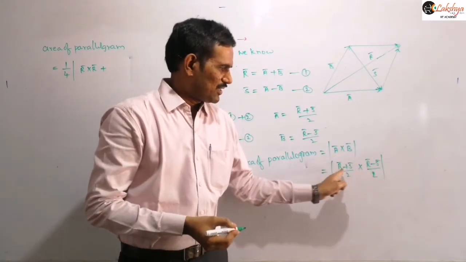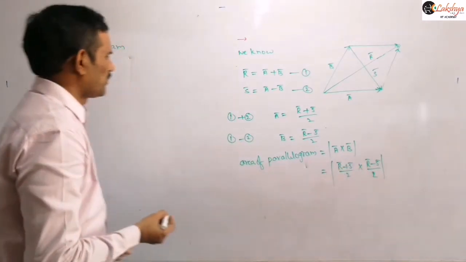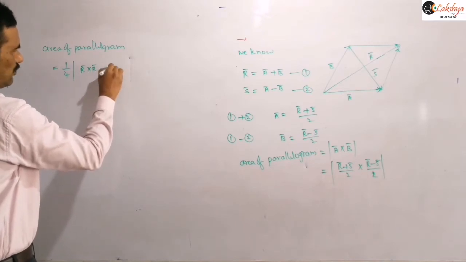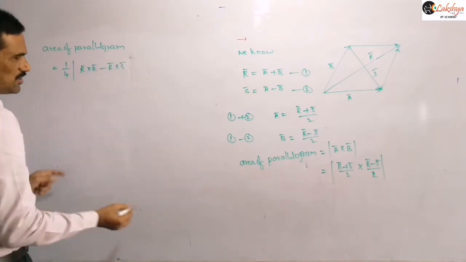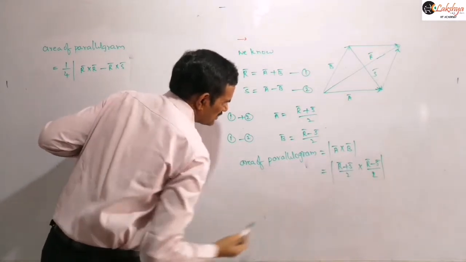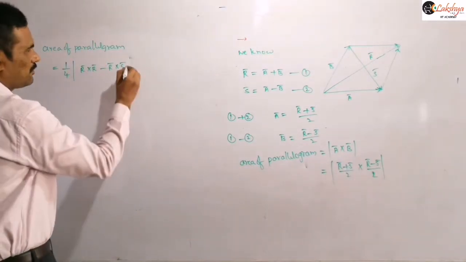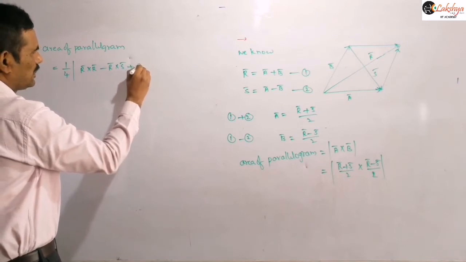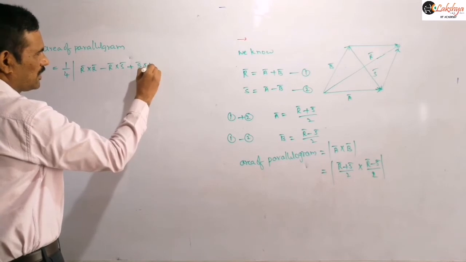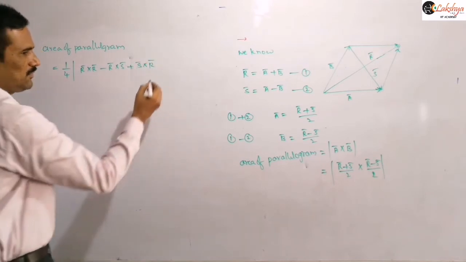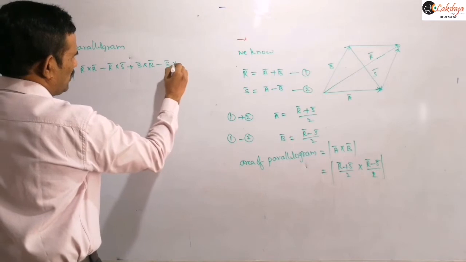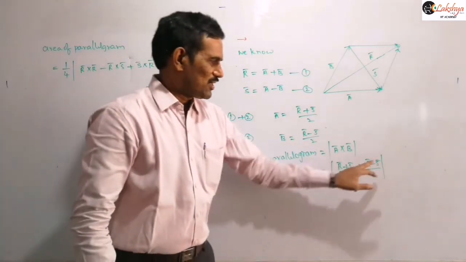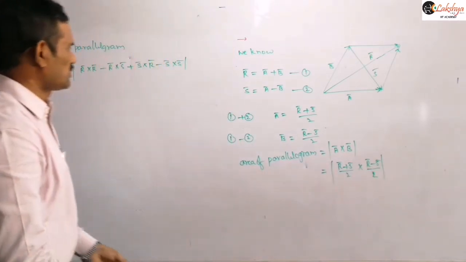So first I am multiplying this R bar cross of this value. Then R bar cross S bar minus R bar cross S bar we can write. That means with this R bar I multiplied this R minus S. And next similarly, plus S bar, let us multiply there. So then plus S bar cross R bar minus S bar cross S bar, right? So observe this, with R bar we are multiplying, and similarly with S bar we are multiplying it.